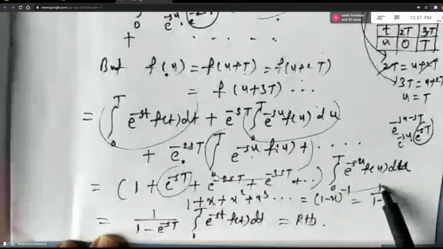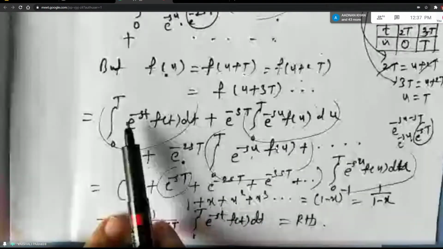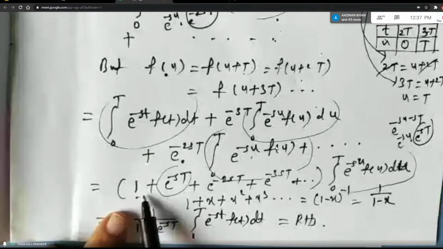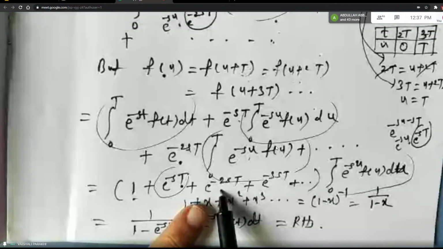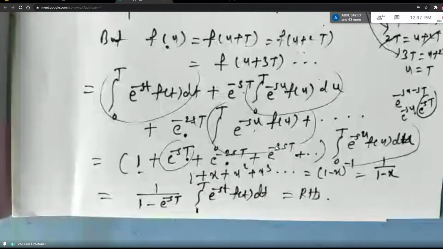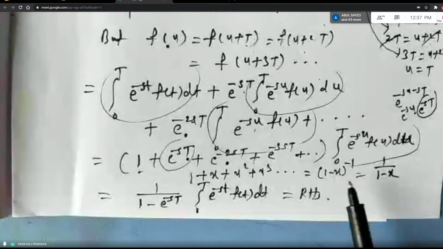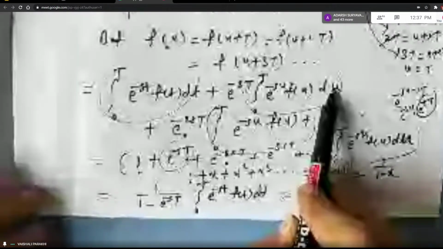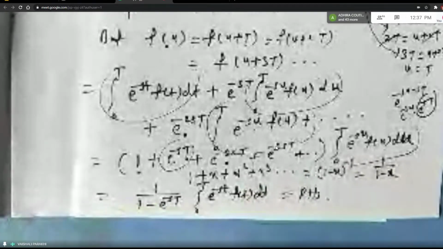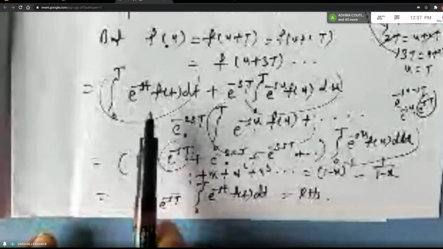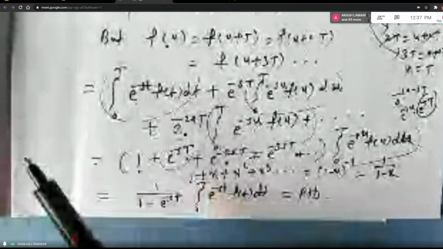So that integral is taken common. So what is remaining from this integral? Nothing, means 1. From here only the outermost term will remain. Here also the outermost term will remain. If there is one more integral, then e raised to minus 3st will remain. Now you may ask me, this is in terms of t, this is in terms of u. It doesn't make any difference because that is called the dummy variable. If you have something in terms of different letters, it is the same. Even if I change t to u, the meaning will remain the same as the Laplace transform. Okay, so the common integral is taken.